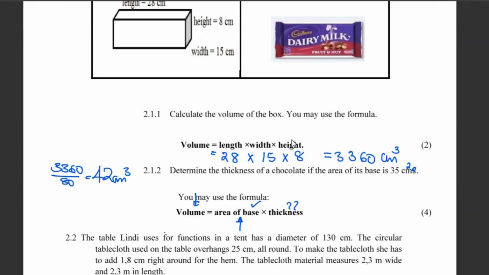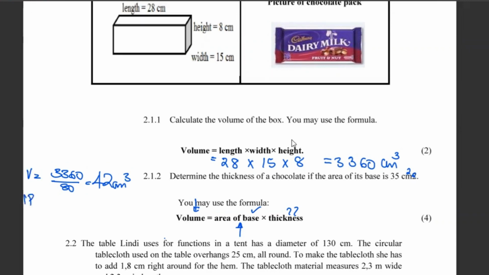So I have the volume now also. So volume equals to that much. The base area, I have it as 35 centimeters squared. So what is the thickness? Or in other words, what's the height? So I will put here my 42 equals to my 35